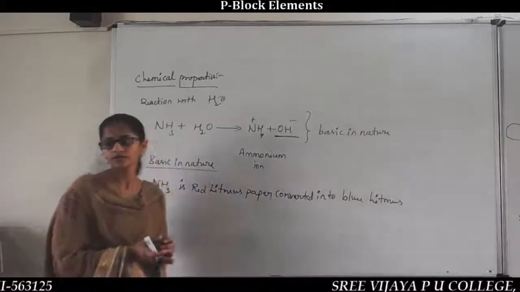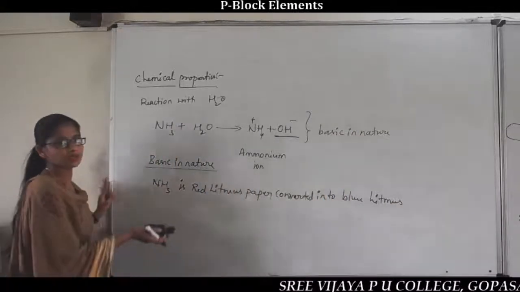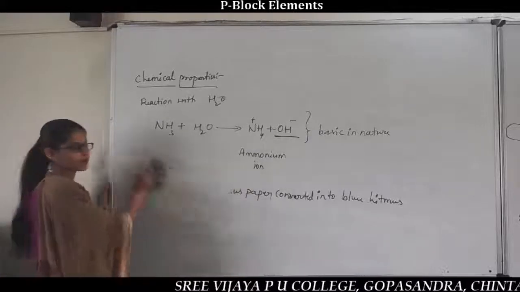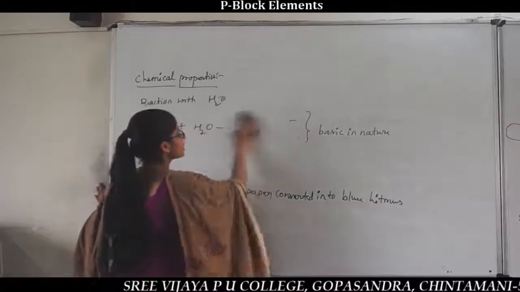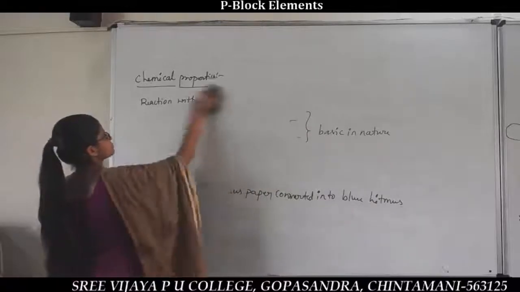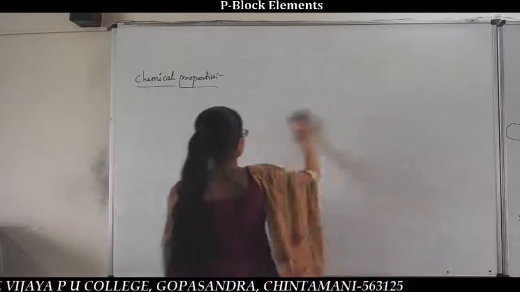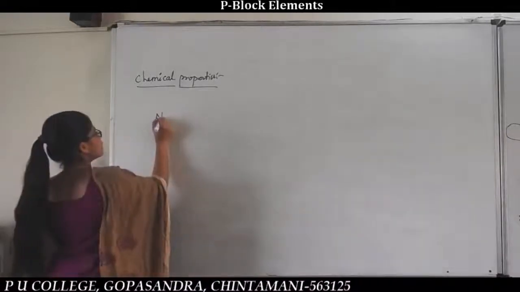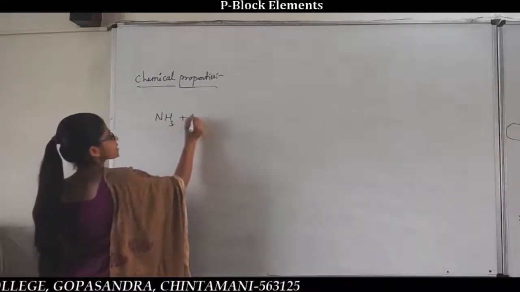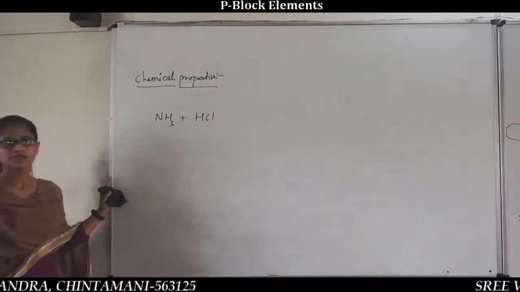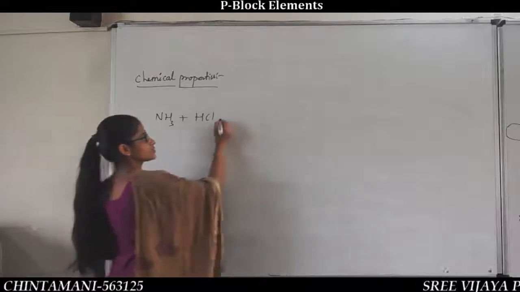Salts formation ಆಗುತ್ತೆ. So which type of salt? It depends on the reaction of the acid. Now ಯಾವ acid use ಮಾಡ್ತಾರೆ ಅದ್ರ ಮೇಲೆ ಡಿಪೆಂಡ್ ಆಗುತ್ತೆ. So usually the ammonia reacts with acid because of the basic nature. The best example is hydrochloric acid. Hydrochloric acid ಅಂತ ತಗೋಬೋದಾ? This hydrochloric acid with react ಆದಾಗ ಏನಾಗುತ್ತೆ?